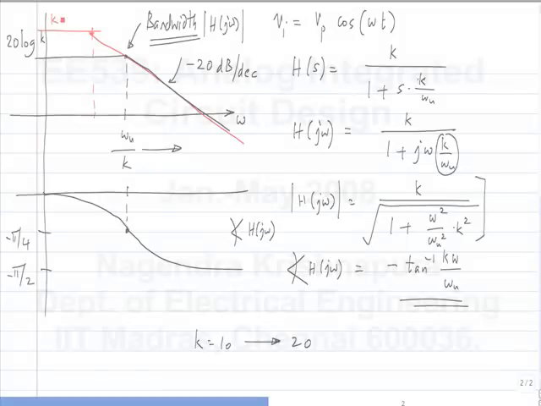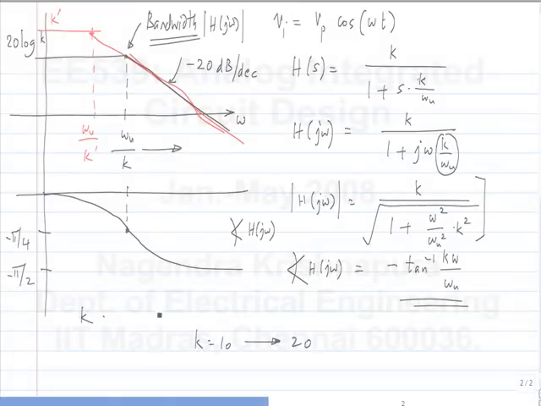So this is K prime. It's implicit that it's in the log units, and this is omega u by K prime. So whatever value of K you take, the latter part of the curve will be the same. Okay. This is okay or no? So because